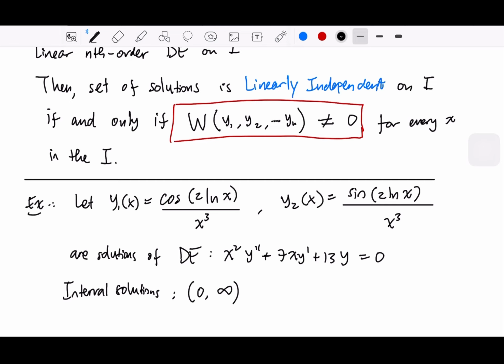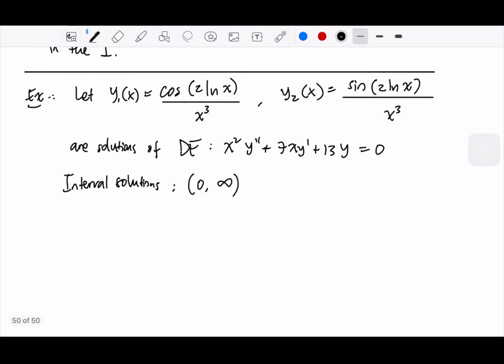And from what we have in the differential equation, we have y double prime, y prime, and y, and all of them have non-zero constants in the equation, right? So I think we can just go directly to the Wronskian and prove that this is linearly independent. How are we going to prove it? First we are going to compute